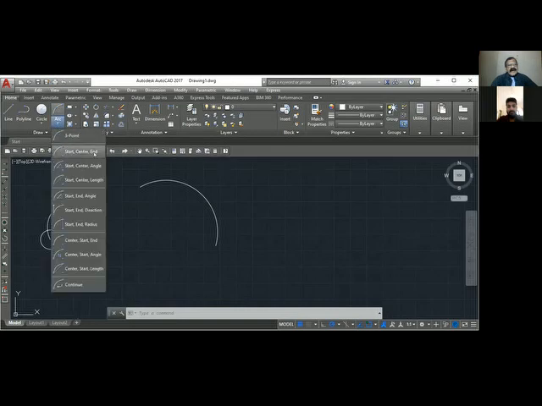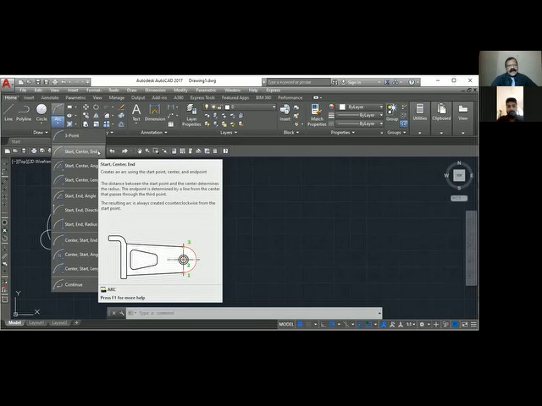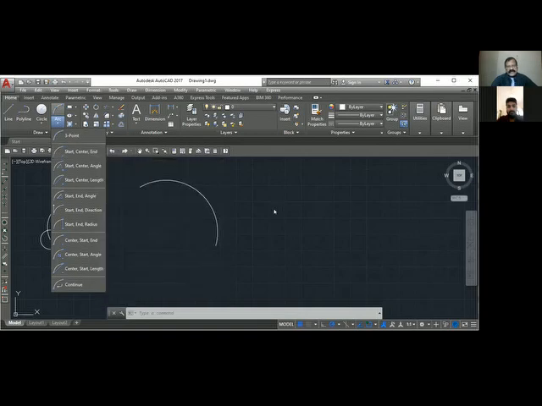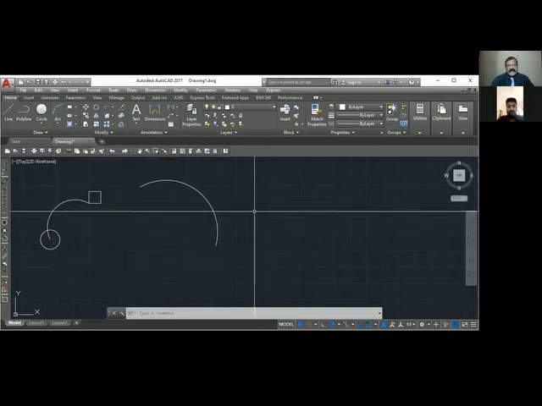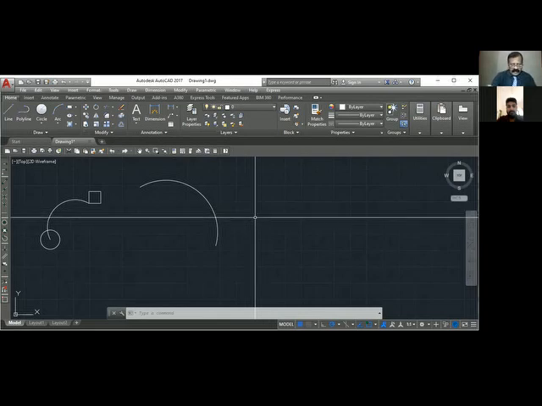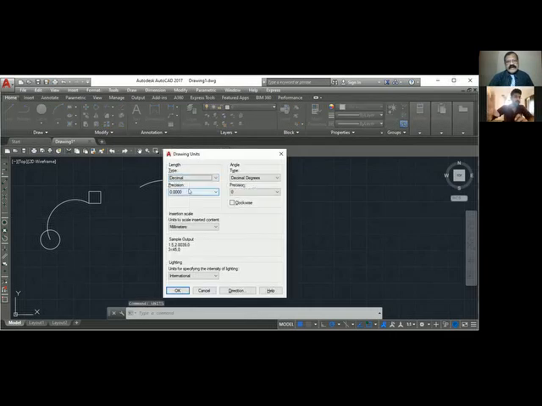Second one is start, center, end. This you will be using for drawing your doors and windows. Whenever you want to start the drawing, the first method is units. I did not do this. Let me do it again. Units. So I have second decimal unit. Precision I will keep 0 because I'm going to use millimeter. I don't change anywhere.